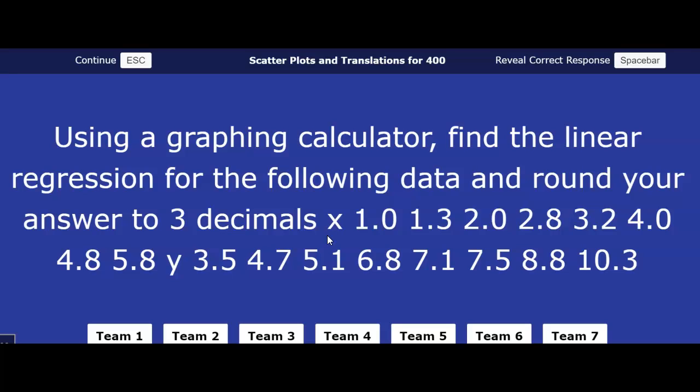It's like 1.0, 1.3, 2 point, those are the decimals. I just can't find the button. I know it was in the top middle, but now it's gone. Stat edit. To do the linear regression, you go to stat edit. Mine's called Data. Do you have a Casio? No, I have a Texas Instruments. You can't do it on that.